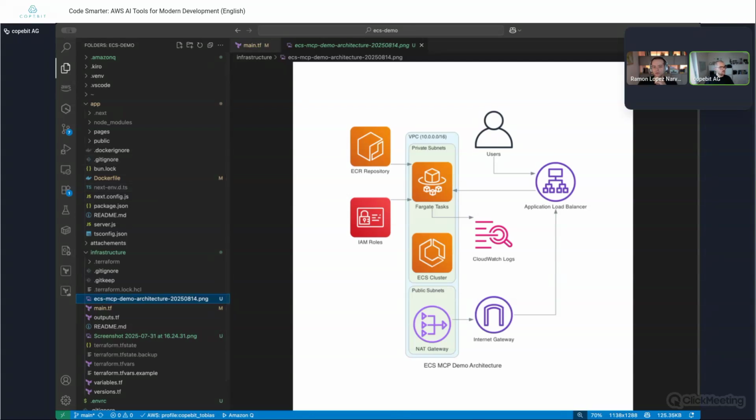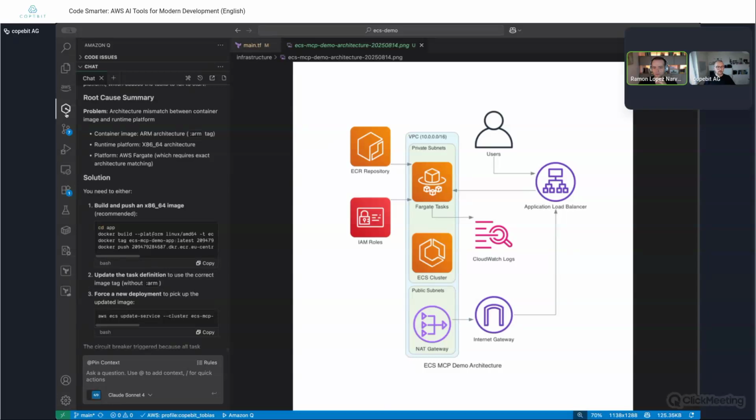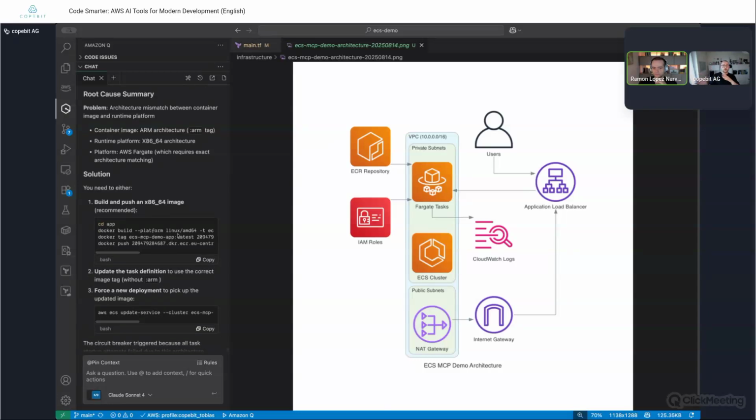And Tobias, just a question from my side. This was only using the ECS MCP, right? Like you didn't have to use another one. Yes, exactly. So there are a lot of specified MCP servers. ECS is one of them, and sometimes it also tries to use the AWS CLI, you know, because Amazon Q has a very close relationship to the AWS CLI, of course.